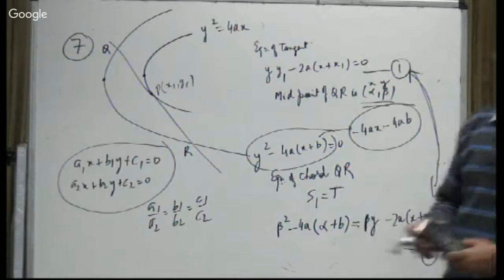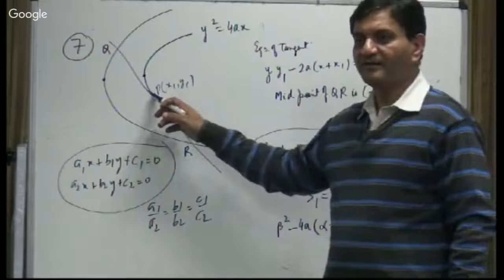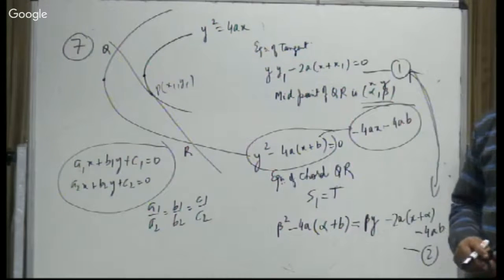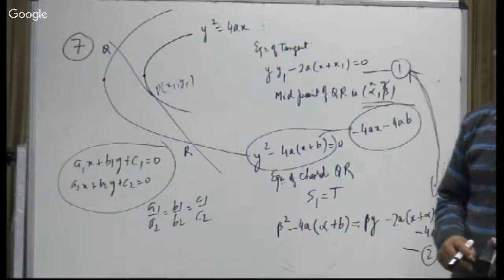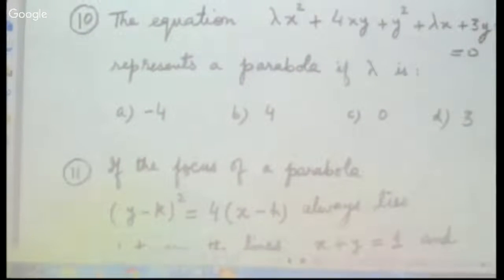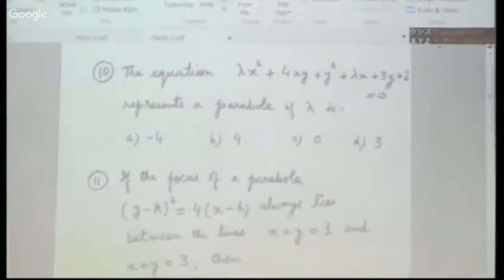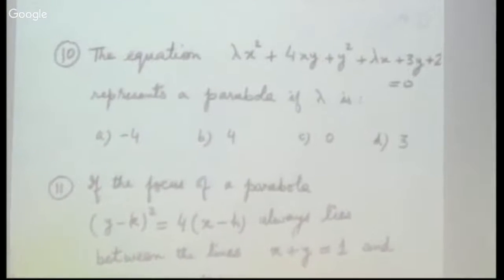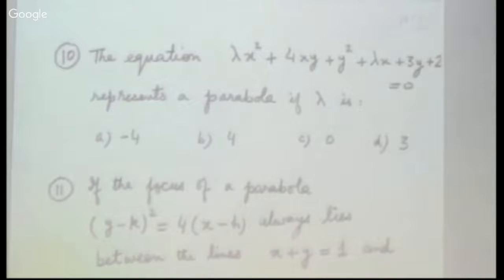That means this point will be the midpoint of the chord, X1, Y1. Next. 10, 10. Now see this. The equation lambda x square plus 4xy plus y square plus lambda x plus 3y plus 2 equal to 0 represents the parabola if lambda is equal to what? This is the equation of parabola if lambda is